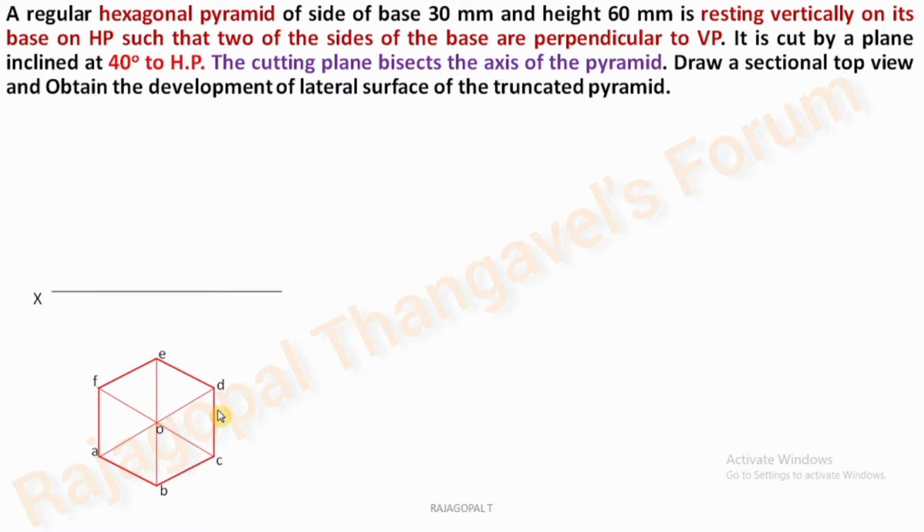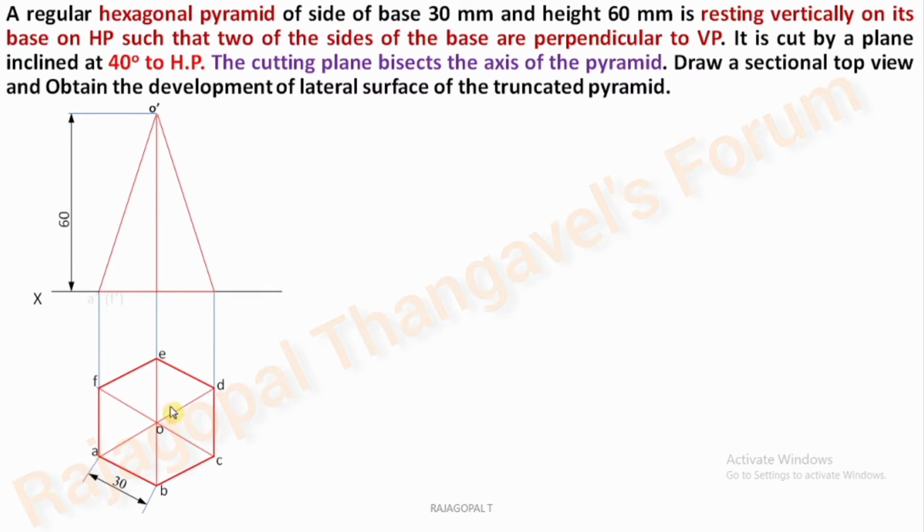As a student, I always advise you to go for a thin line. After completing the top view, extend vertical projectors and complete your front view. The axis height in the front view is 60 mm. We can easily complete the front view. As an observer, if you are standing here, ABC is visible, FED is invisible. That's why F dash E dash D dash is in the bracket.